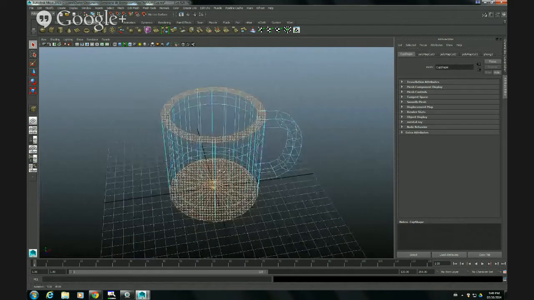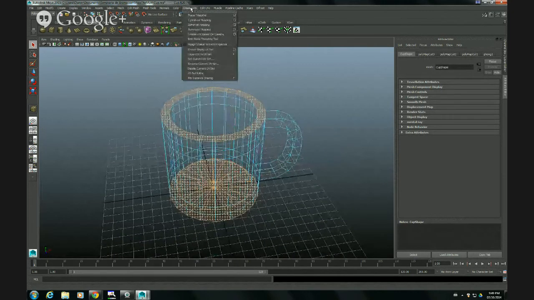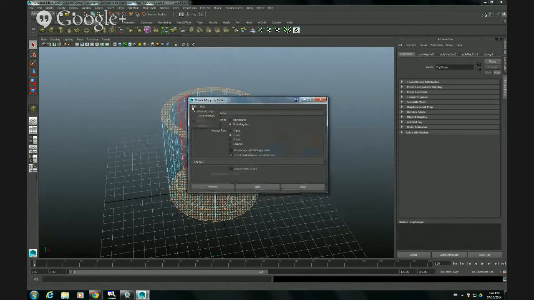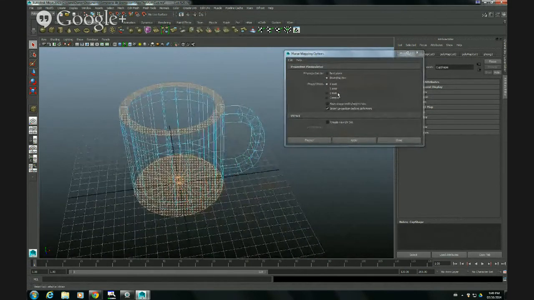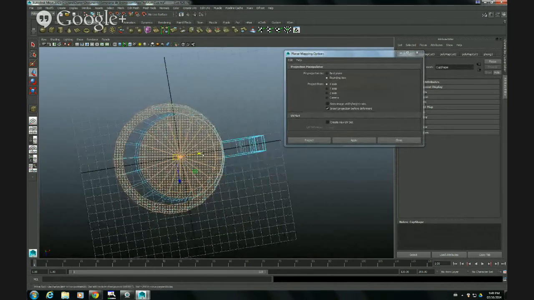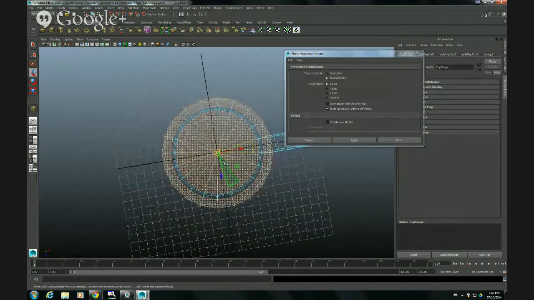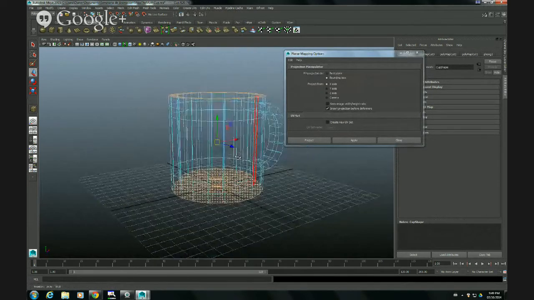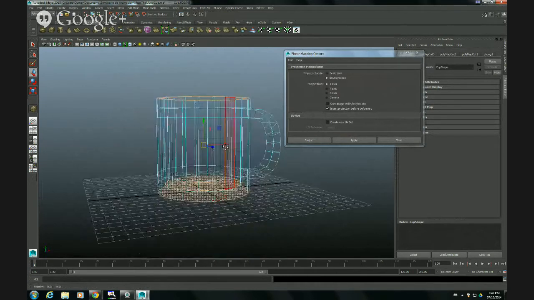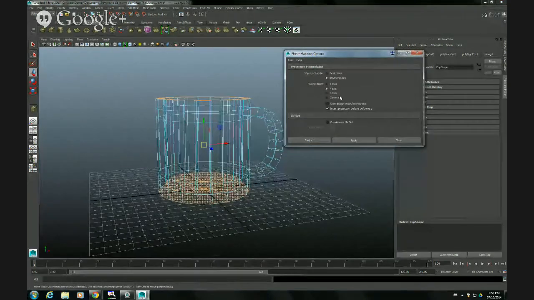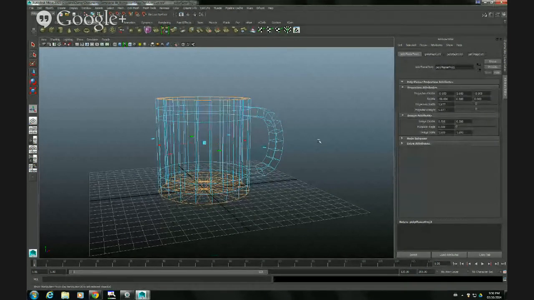And I'm going to take my picture from the top. So I'm going to select Create UVs, Planar Mapping, and I'm going to select Option Box. Remember to reset the settings of the tool. And then what follows here is, okay, I'm going to make a projection. In this case, like I said, I want a projection to be made from the top of the object. If this is the axis from which I want to take the picture, I have to make sure which axis is here. It's the y-axis, because I'm taking the picture from the top, okay? So I'm going to select here y-axis, and I'm going to click on project